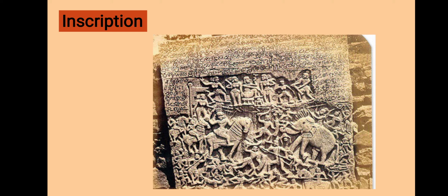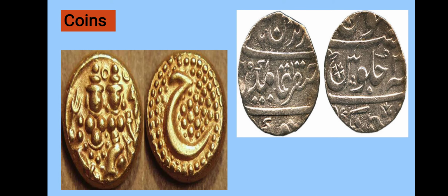Understood this? The next important material source is coins. Coins were made by different rulers using metals like gold, silver, copper. It is a very important source for history. From these coins we learn about the rulers, their period, their governance, religious ideas, and their financial or economic conditions. See in this figure, the coins of Hyder Ali and the Peshwa are shown to you.